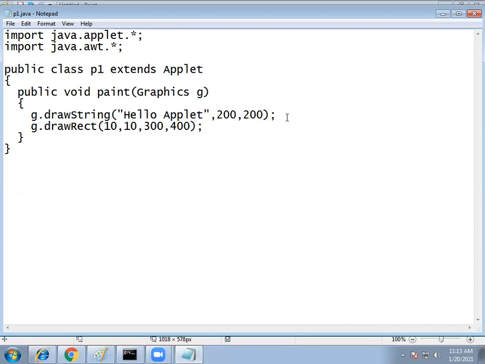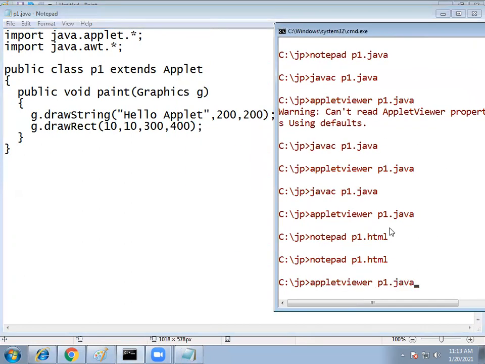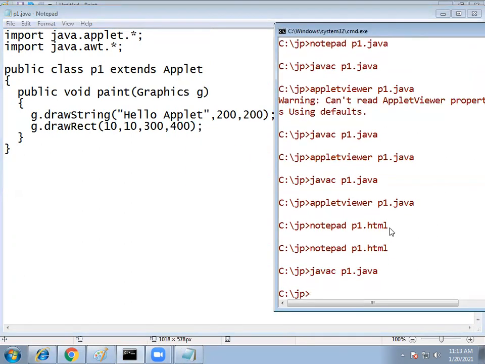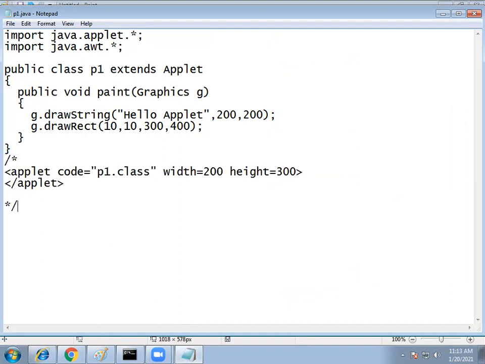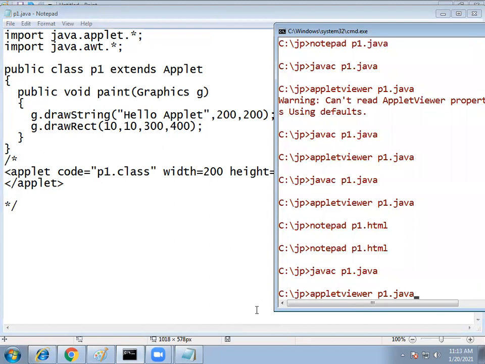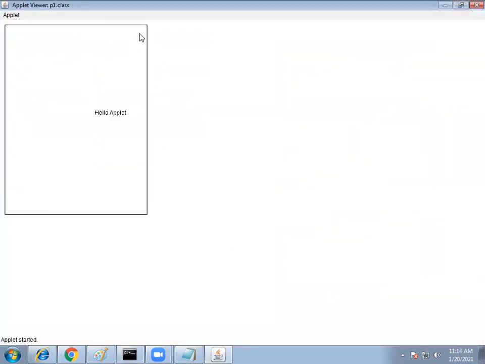This is x1, y1, x2, y2. Now compile the code. And here the applet code. Now using applet viewer you can draw. Now this is the rectangle. Inside the rectangle there is a string.